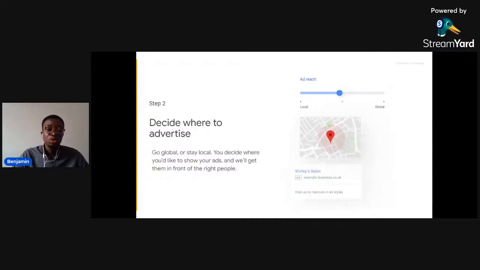Now, once you've set your goal, you decide where to advertise. You need to state your locality. If that is where your business is located and you want to target the people who live around your business, yes, you can do that. If you also want to reach a particular place where your business is not necessarily located, you can be in Ghana running ads in Rwanda. You can also be in Rwanda running ads in Ghana. Yes, it is possible. You can be in Ghana and be running ads in London, but it is not ideal